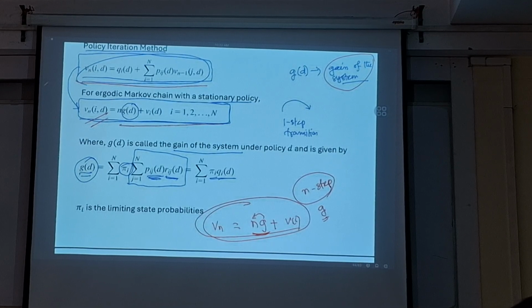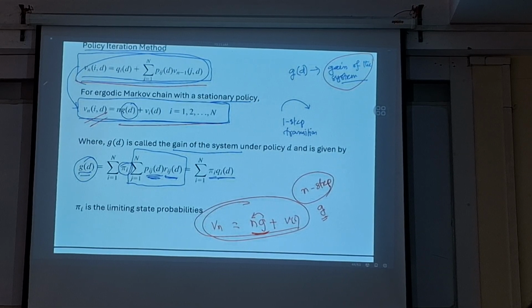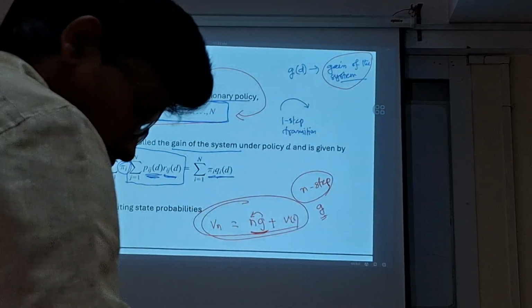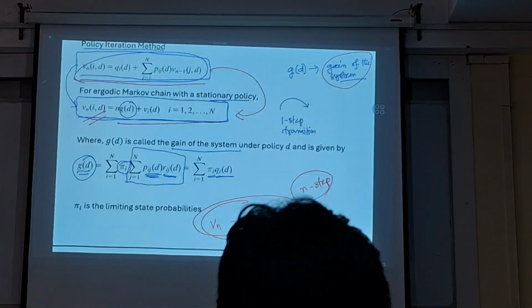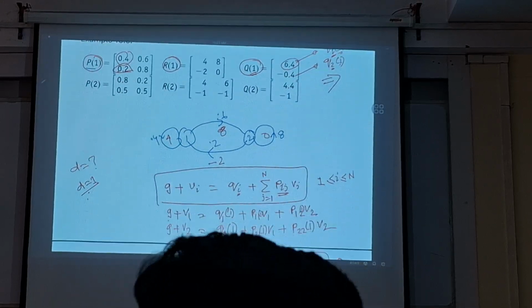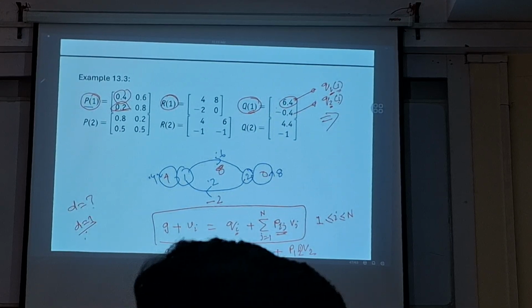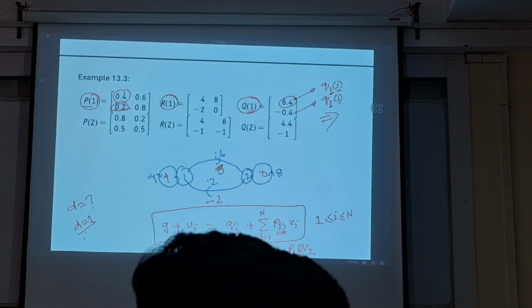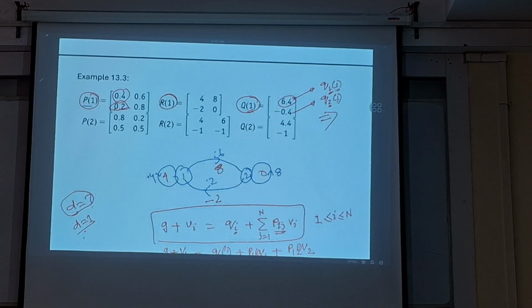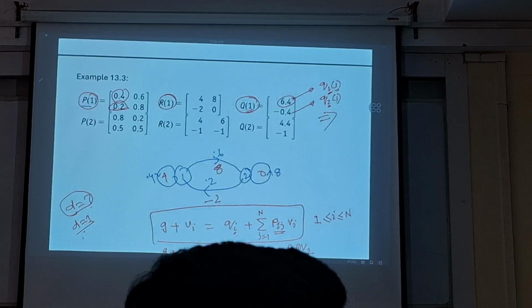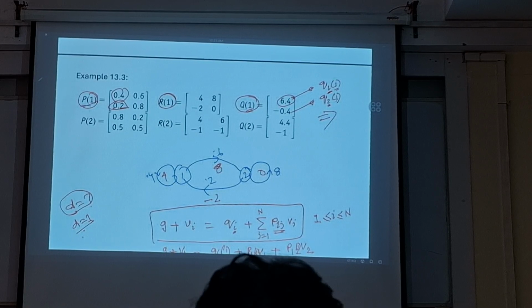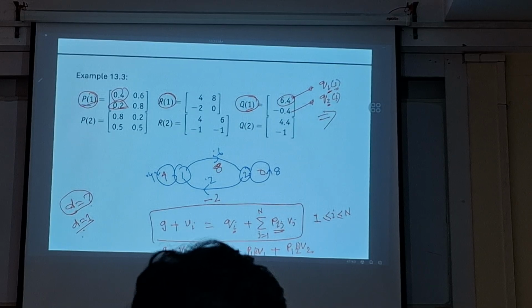And we are not going to the detailed math. Following the text, what we are considering here, the solution to this one becomes now a system of linear equation. How many equations are there? 8 equations. What is the system of linear equation? If this is the matrix, then first we need to choose a policy. At the beginning, we start with either policy 1 or policy 2. Let's say, following the book, we start with the policy 1. Once we start the policy 1, then the system of linear equation becomes